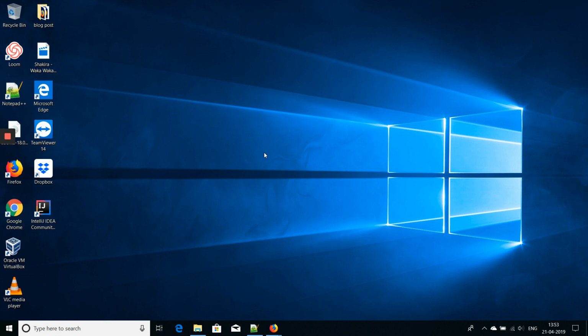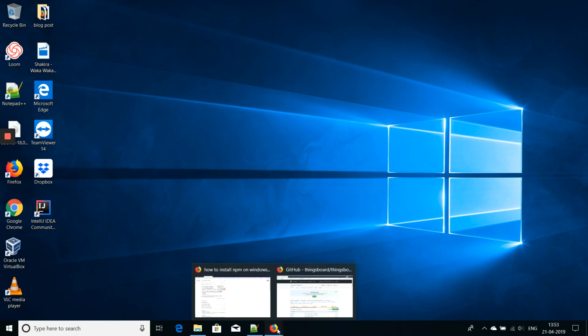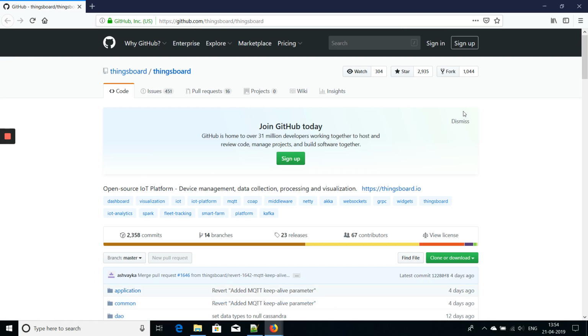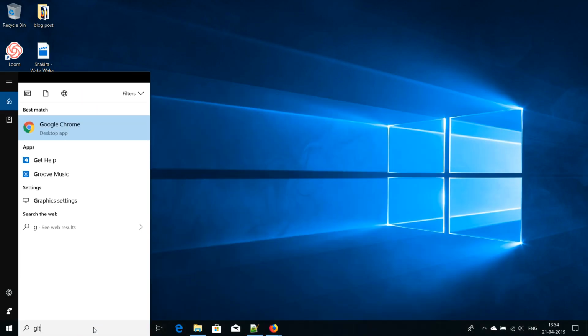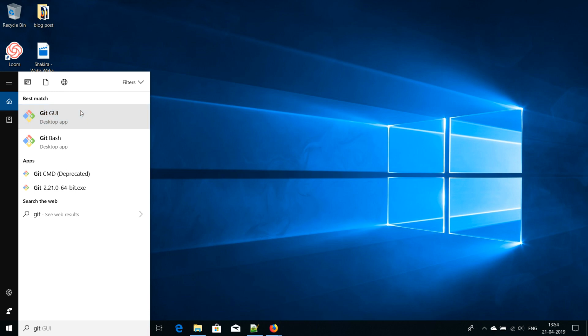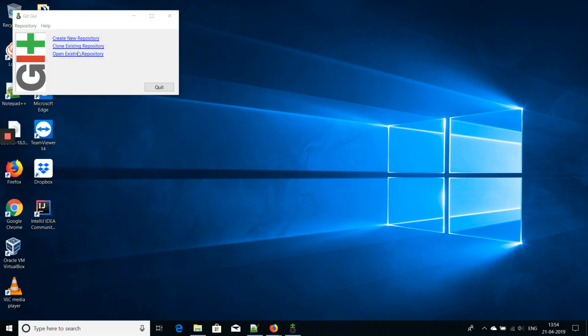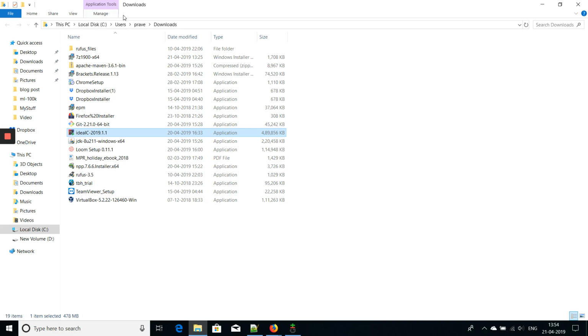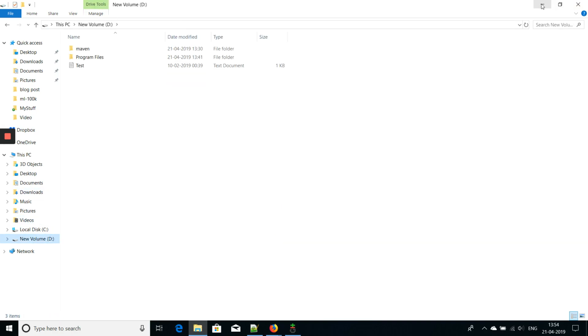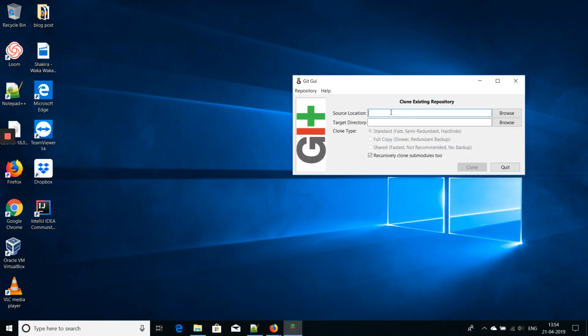First, we are going to clone the Git repository. So let's head over to the Git repository. This is the Git repository, and we are going to clone it. I'm just going to copy the Git repository URL, head over to Git GUI and say clone repository, and I'm going to do it in the D drive. There's nothing in the D drive, so I would say